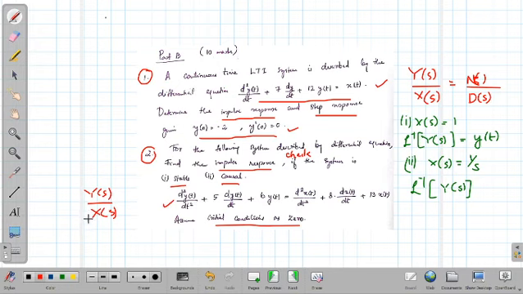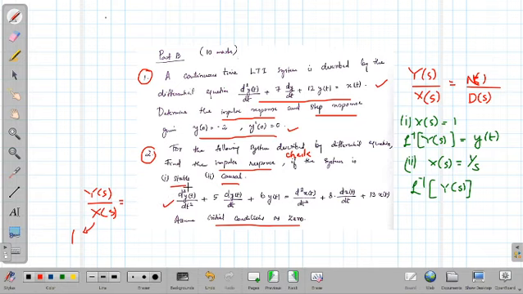Now in order to find the impulse response, take X(s) as 1. Find Y(s), take the inverse Laplace transform to obtain the impulse response. Now how to check if the system is stable or not? You can check directly from the transfer function. For stability, you just check the locations of the poles. So for stability, you check the pole locations, and if they are on the left half of the s-plane,